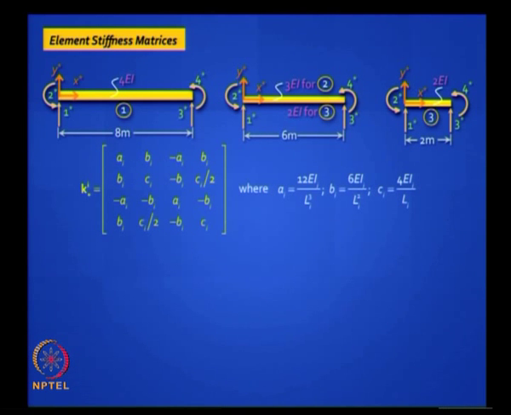Okay, so the next step is to generate the stiffness matrices. We know this is a standard matrix, we discussed it yesterday. You can write it elegantly in this form because there are only 3 quantities, 12 EI by L cubed, 6 EI by L squared, 4 EI by L and 2 EI by L. The fourth one is C divided by 2. So if you write a small algorithm like this, especially if you are writing a program, just ask it to generate this for all the 4 elements.